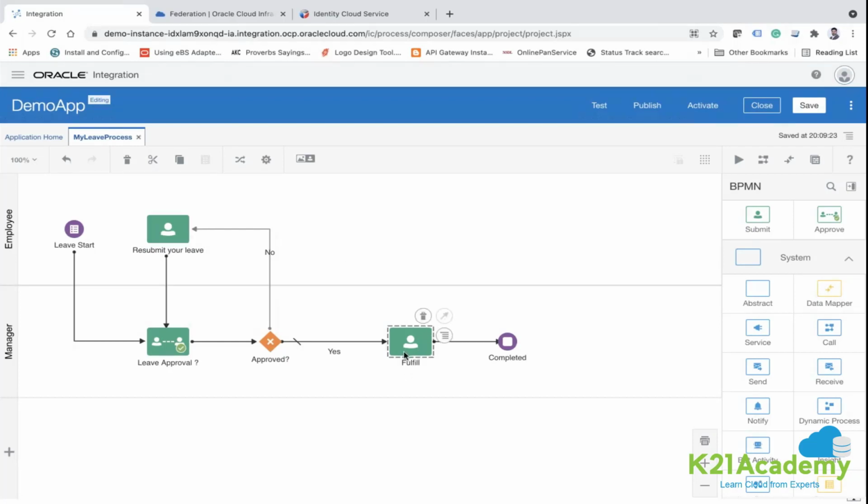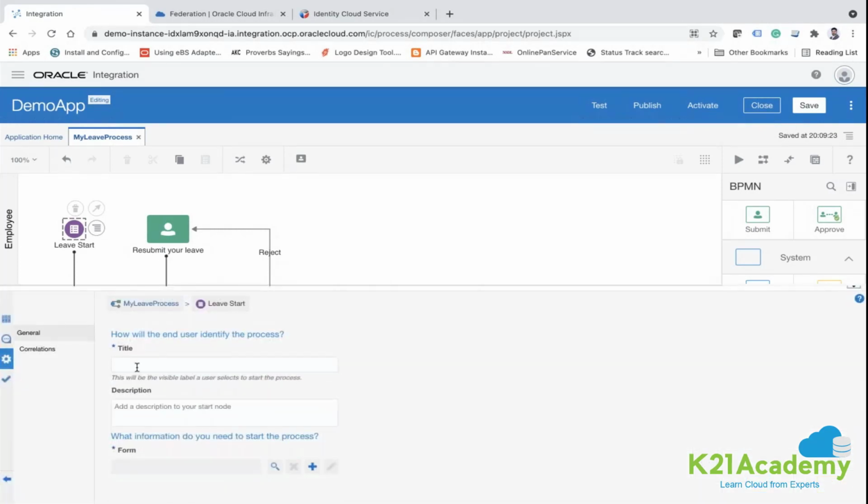And if you want to delete some action, you can simply click on this and then delete, right? And if you want to rename these as well, you can do that also. If you want to modify these, you can do that. You can delete this and then you can have leave start to this as well. Now here you click here, now we need to attach a form. So simply click on this action menu, and here click on open properties.